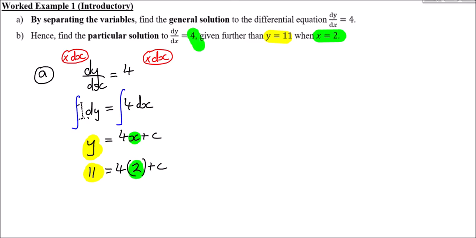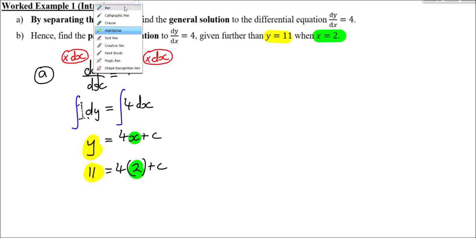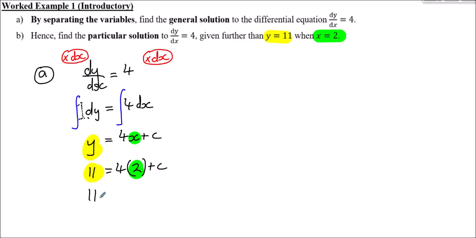So, obviously, 4 times 2 is 8, so 11 equals 8 plus c. Therefore, c is 3. Hence, the particular solution is y equals 4x plus 3,